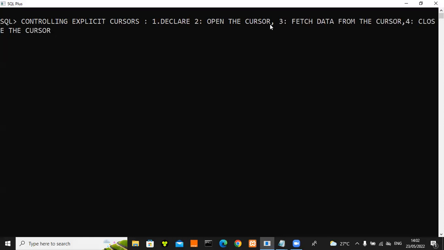So what we mean is that in the declarative section, remember declare is actually the declarative section of an anonymous block, the cursor is being declared. And how can you declare a cursor? You're supposed to declare the cursor by naming it and defining the structure of the query to be associated with it. So what happens is we have the association of the structure of the query